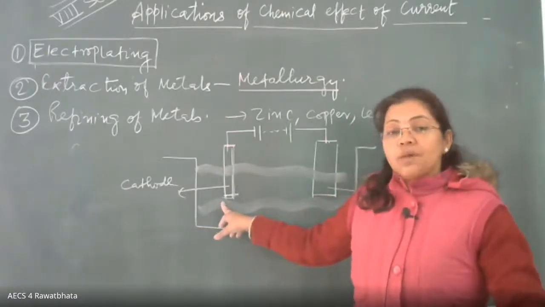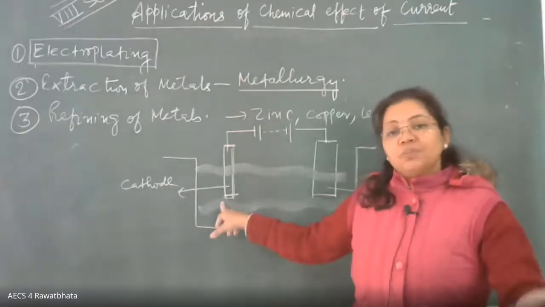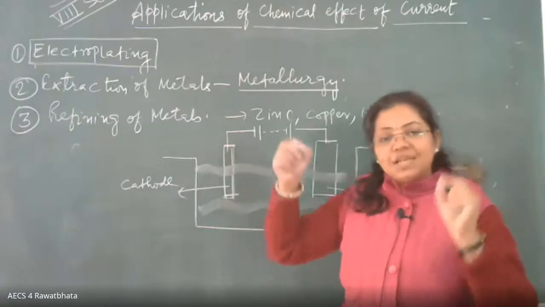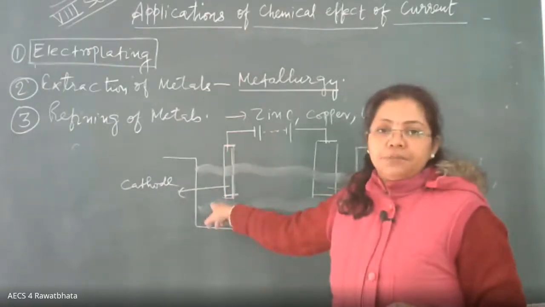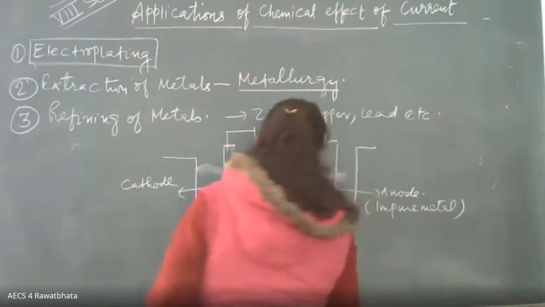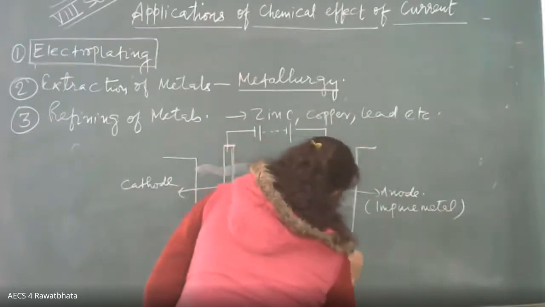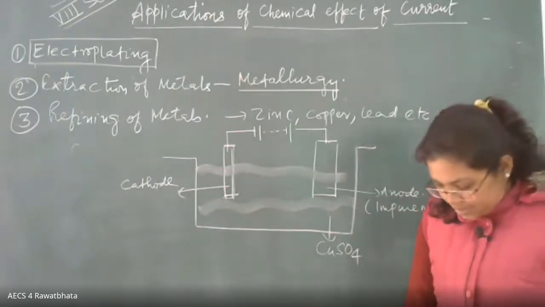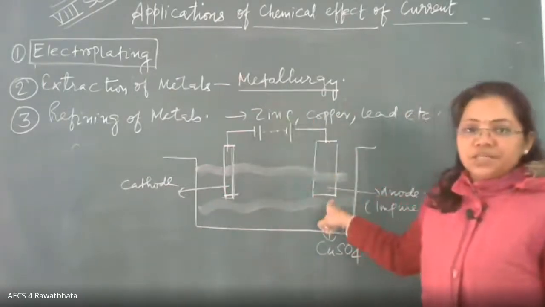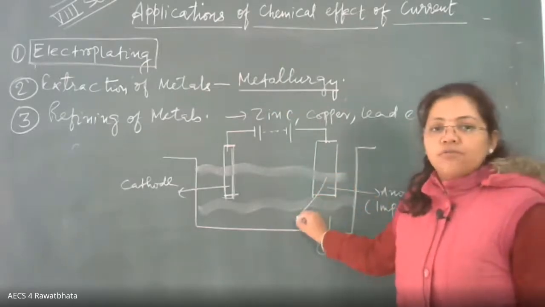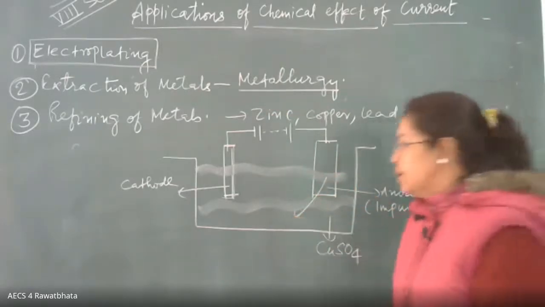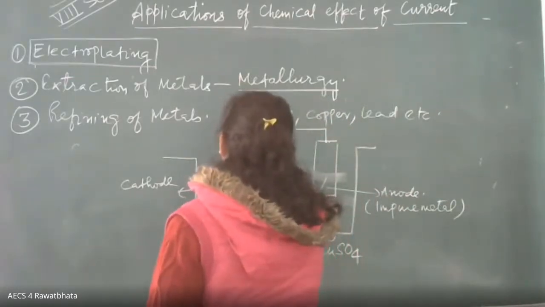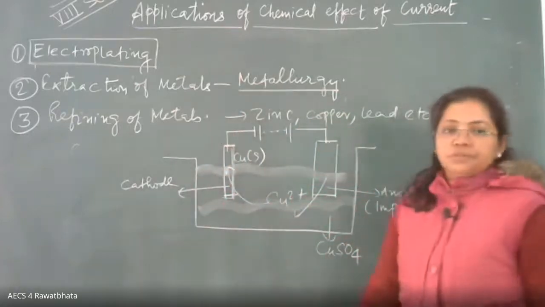Now in our stock we have strips of pure metals, so we have strips of pure copper, and from that one thin copper strip we make the cathode. And in the electrolyte we use again copper sulfate solution, right? So what happens is that when we pass electricity, copper will get dissolved and go into the solution. It will form copper ion, go to the cathode and deposit as solid copper, right?